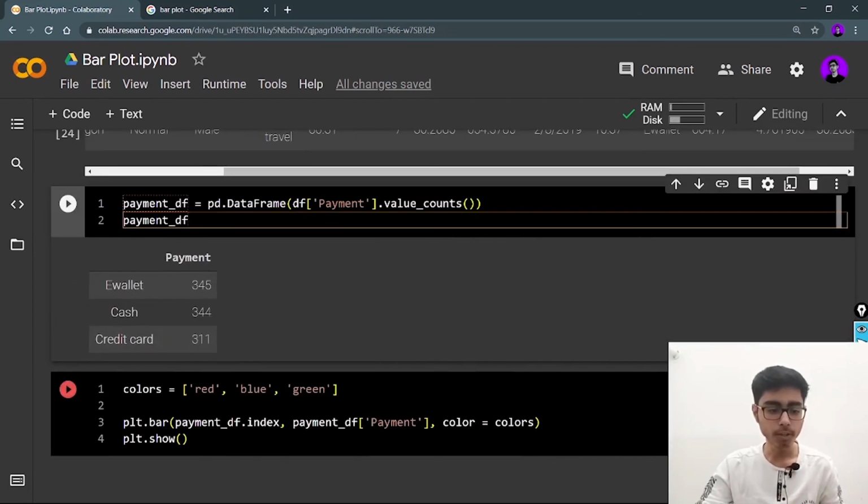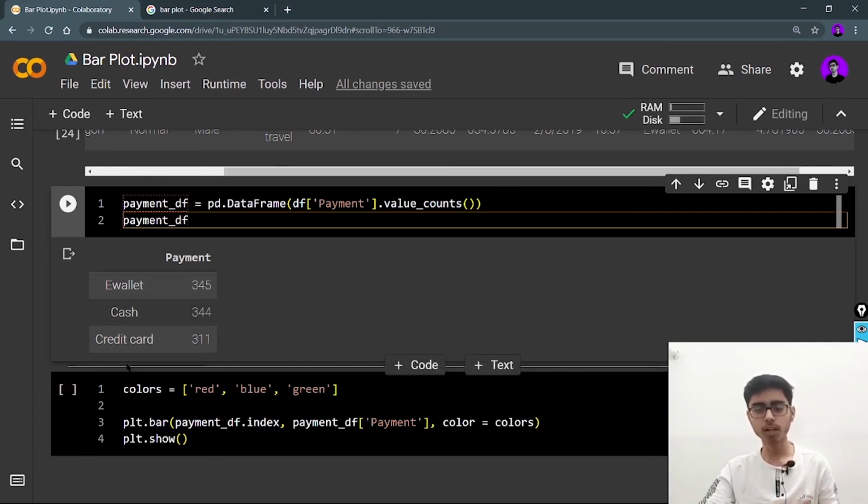Now I'm defining these colors, red, blue, and green, for the three methods, and I'm drawing a simple bar plot with plt.bar. Payment df index, meaning e-wallet, cash, and credit card, will be my x labels, right? Then payment df payment, that is 345, 344, 311, with color equal to colors. Now if I run this,